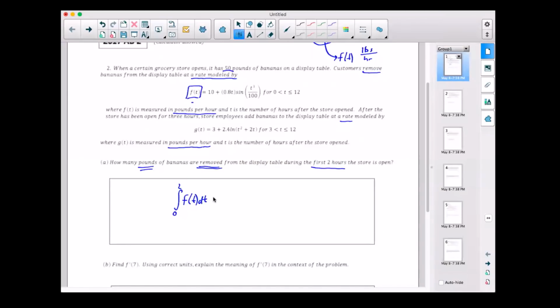So going back to our problem here, because we're allowed to use a graphing calculator, we don't have to do any of this by hand, right? We can just show the setup. It's important that you show them what you're doing, that we're integrating, and then we can go straight to our answer, which was